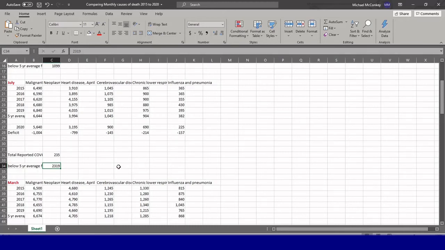The immediate obvious conclusion that struck me, and I don't know if this is true, is that people who statistically, based on the previous 5 years, were going to die in July from cancer or heart disease or any of these other illnesses, ended up dying back in April when they got COVID, which complicated their situation, and they died. So to me, this is not a nothing point.